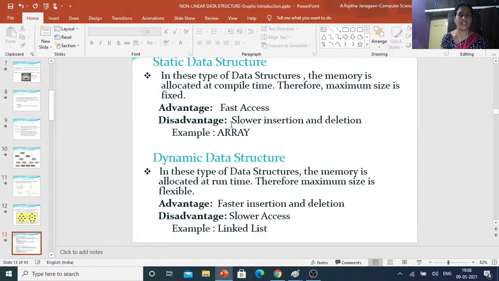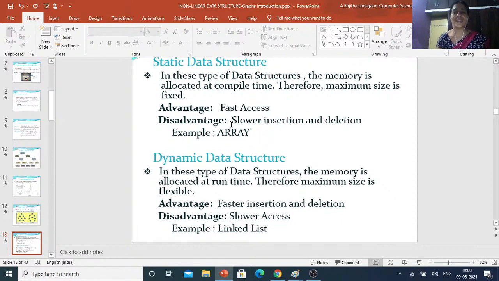Suppose the array has 10 elements and 8 elements are already stored. Suppose my intention is to store a new element at the 6th index, but the 6th index already has an element.